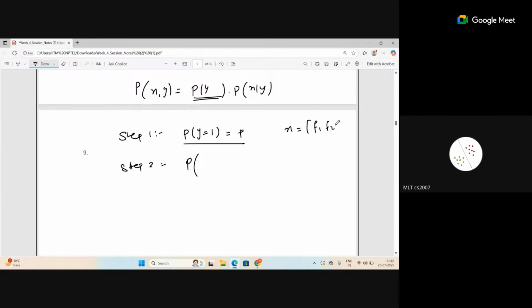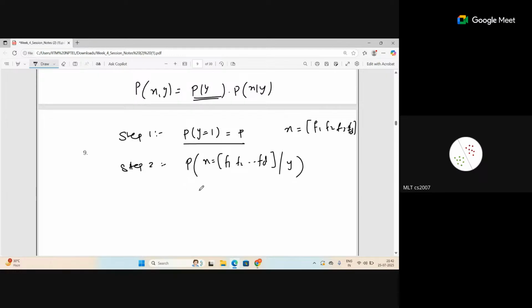We said 3 words, no? So consider each of the words as a feature. Say you have d features, so what does that mean? Provided that x equals f1, f2 till fd, given y. That is what I wanted to find out, right?